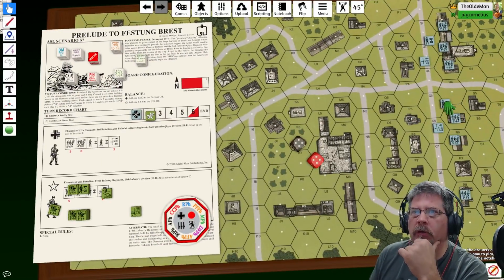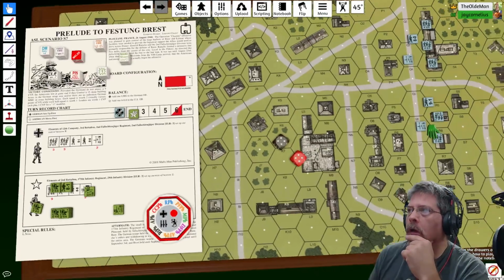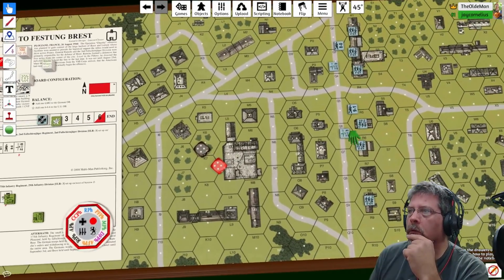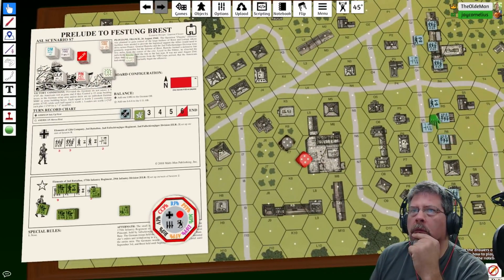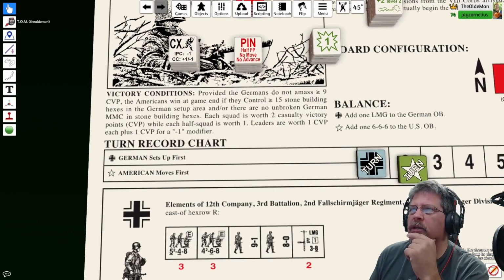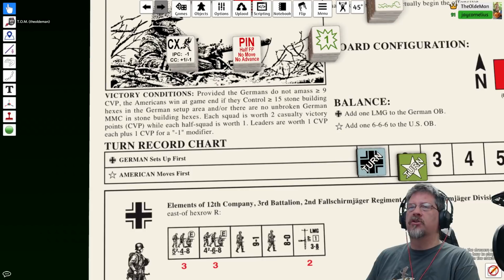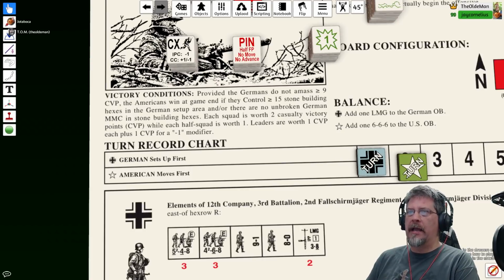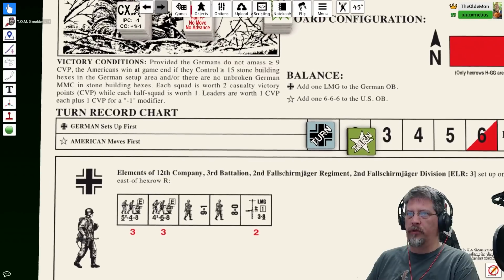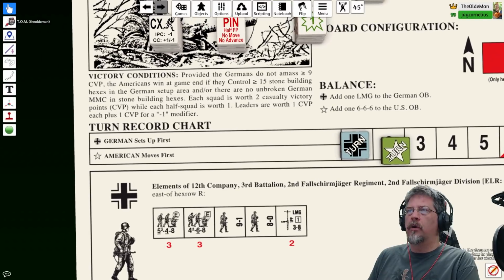Where are the victory conditions? 15 stone buildings in the German setup area, and/or there are no unbroken German units in stone building hexes. Wow, okay. Provided the Germans do not amass 9 victory points. The Germans win at game end if I have 15 stone building hexes. Hexes, not control buildings. It's controlled hexes in the German setup area, and there are no unbroken squads in stone